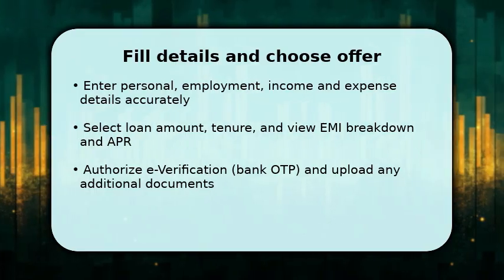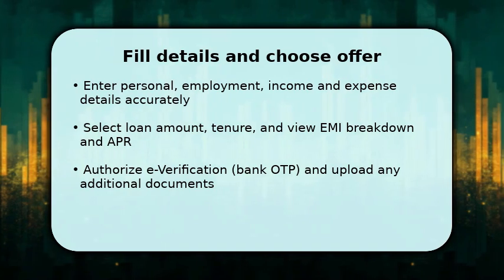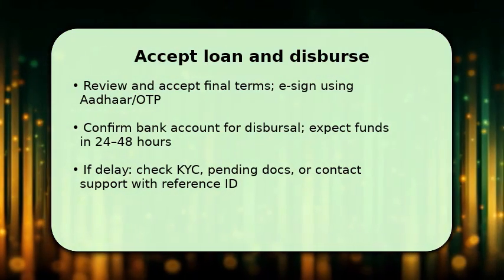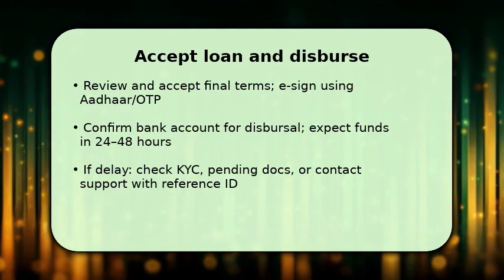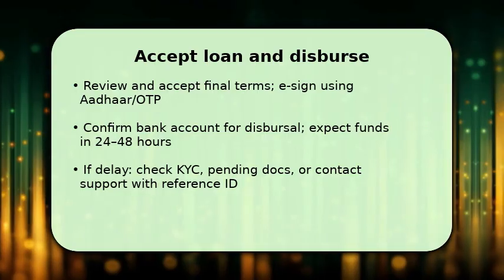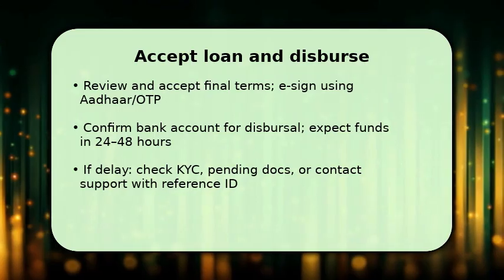This starts underwriting, which uses automated scoring, followed by a quick manual review if needed. You finish by reading the sanction letter and accepting terms with an e-sign via Aadhaar OTP or in-app signature. Doing so authorizes disbursal. Confirm the bank account details for credit and expect funds in 24 to 48 hours once